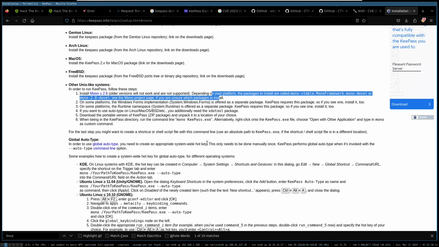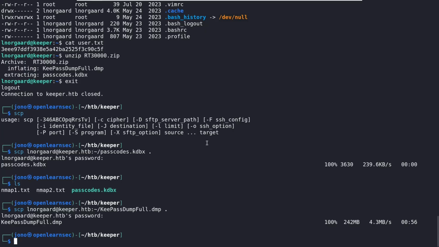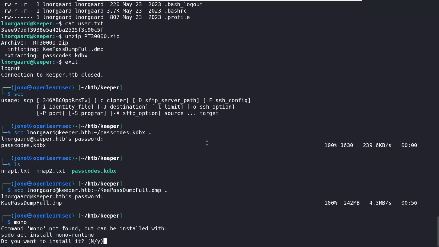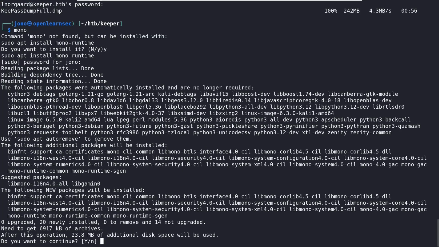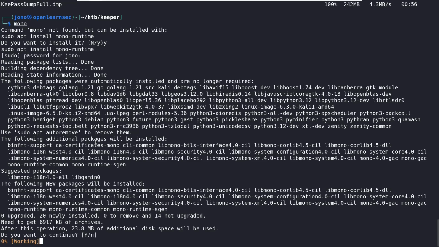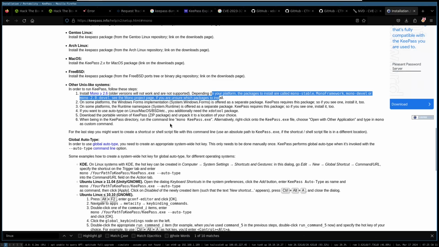So you can run it's the .NET runtime. Do I have it? Well, guess I'm gonna have to install it. Oh, look at all that. Okay, so we need that. And then